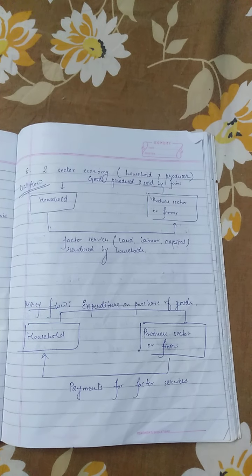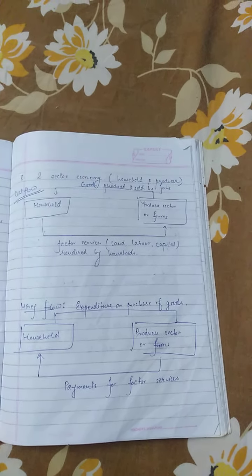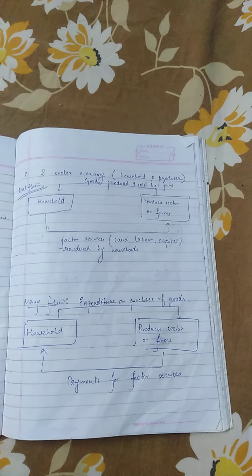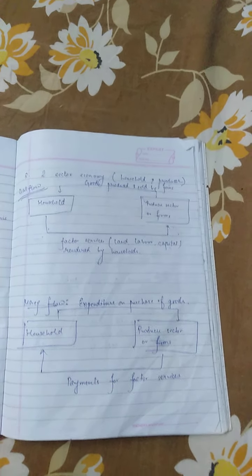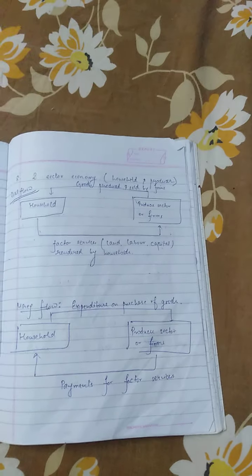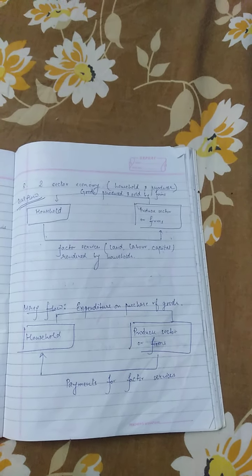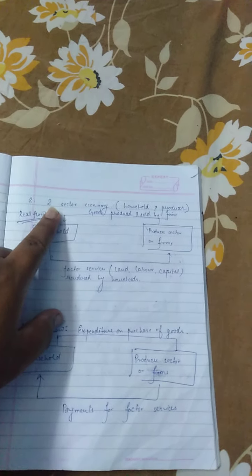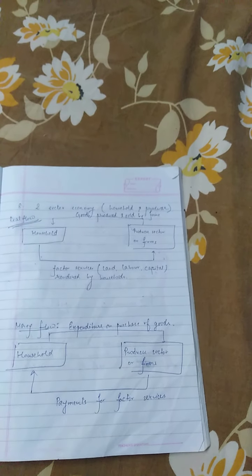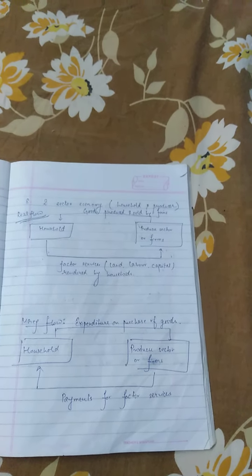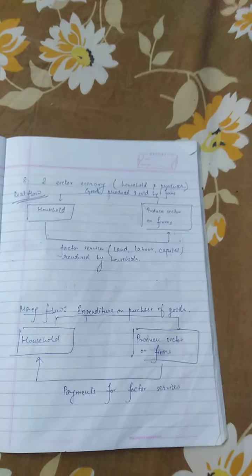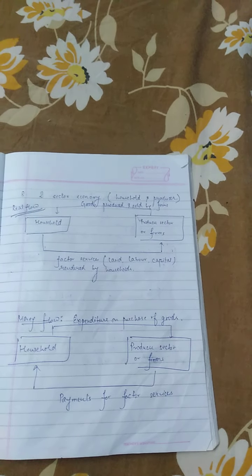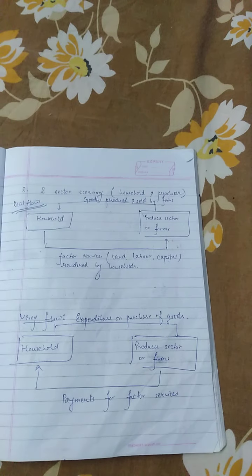with that method we will also be knowing some of the terminologies and some of the basic graphs, figures and diagrams that are used in national income. Today we'll be talking about a two sector economy, which is an economy in which there are two participants, that is the household and the producer.